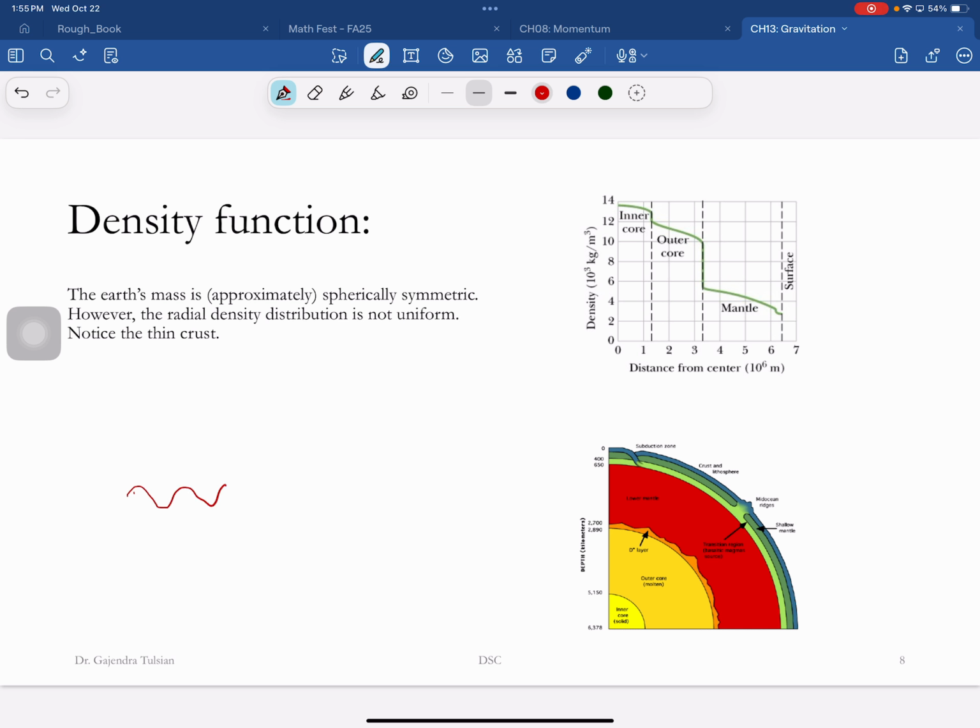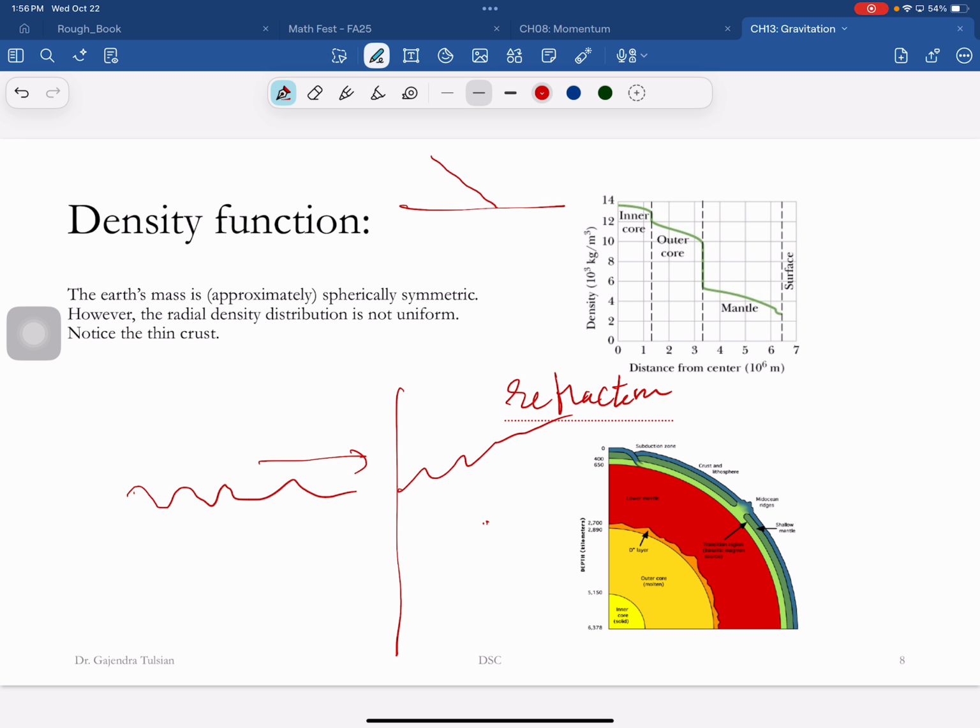Here's a wave traveling in a medium, and now let's say it hits another medium. If the velocity in this other medium changes, then the wave will bend, and this is called refraction. For instance, if a wave is traveling like this, and this is medium 1 and medium 2, if in this medium it gets slower, then the wave will bend this way. If in this medium it's getting faster, then it'll bend that way.